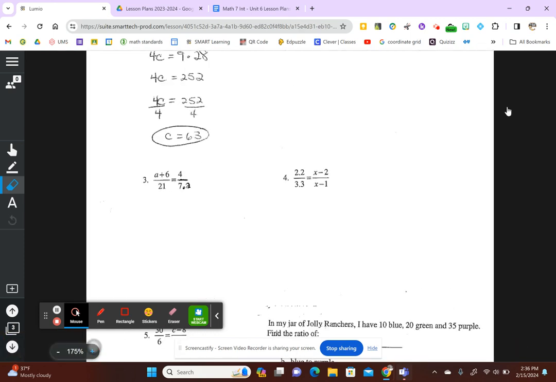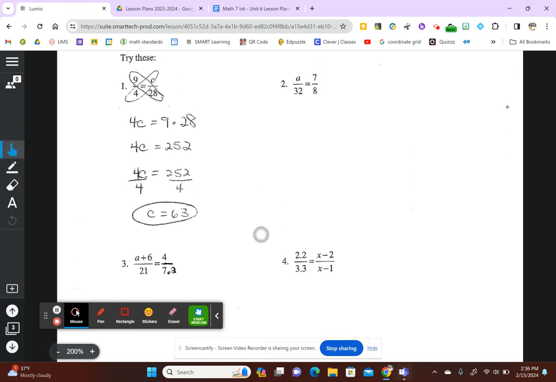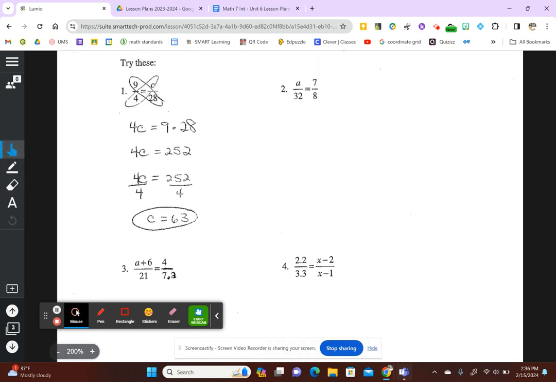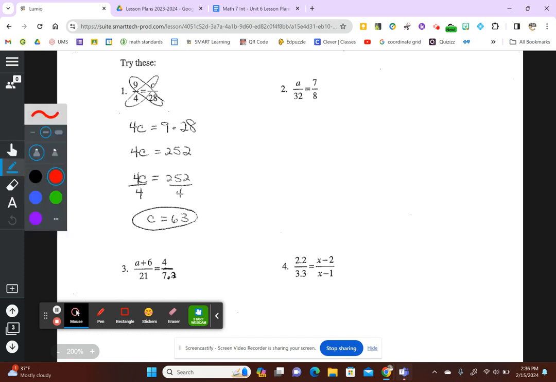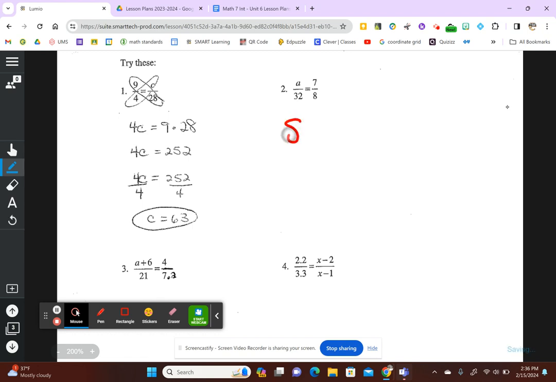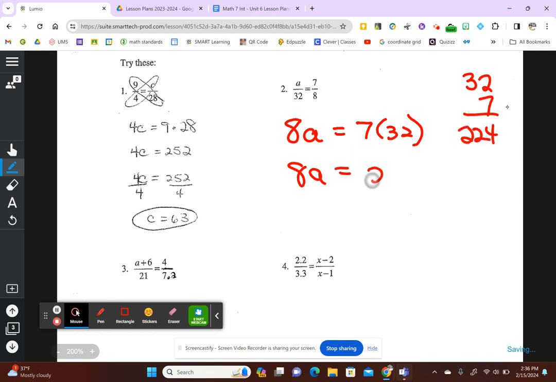Now, on the next page, I give one example where you see how it's done, and we're going to do number 2 together. So I'm going to say 8 times A equals 7 times 32. So 8A equals, and 7 times 32 is 224. So now I divide by 8,